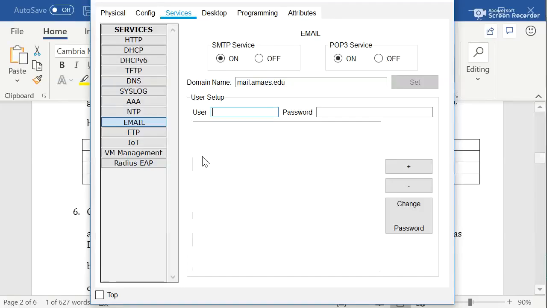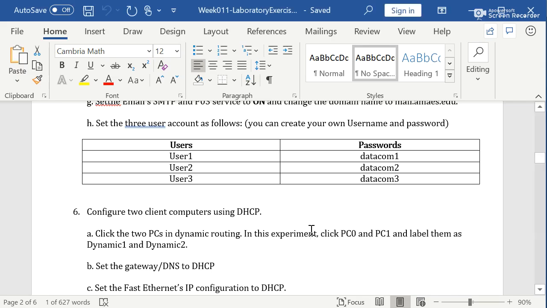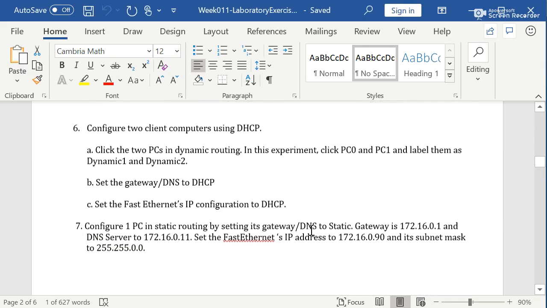User 1, datacom 1. Okay, user 1, datacom 1 for the first user. Then my second user is user 2. Password is datacom 2. User 3. Password is datacom 3. Okay, it's already set. Then I need to configure